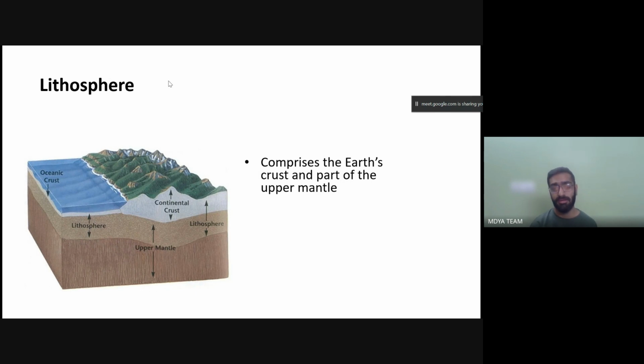And what all does the lithosphere consist of? It consists of the oceanic crust, and also the continental crust. What is the oceanic crust? Oceanic crust is that part of the crust in which you can see the 97% of the oceans, like I told you in the previous slide. So the water bodies on the crust are called the oceanic crust. The remaining part of the earth in which there is land is called the continental crust, in which there are 7 continents, and all the countries are distributed in those continents.